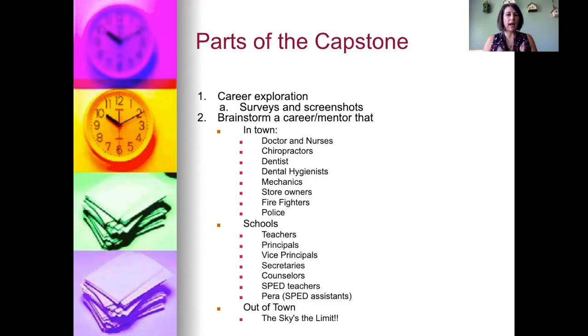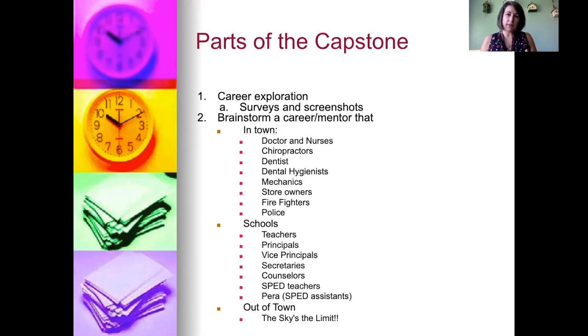Let's talk about how we're going to do this capstone, not just me, but you, step by step, because there are parts to the capstone. One of the first things I'm going to ask you to do is a bit of career exploration. There are surveys, like I said, already linked on Google Classroom through my website that I need you to take.